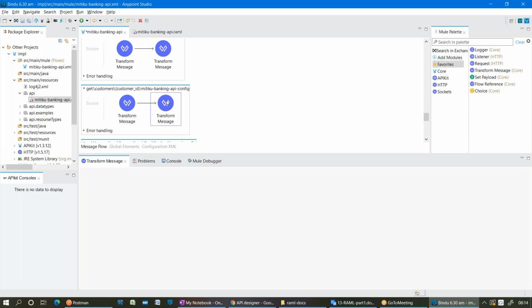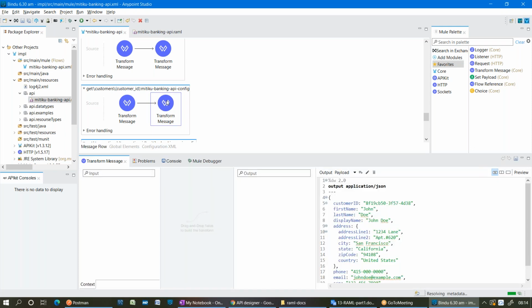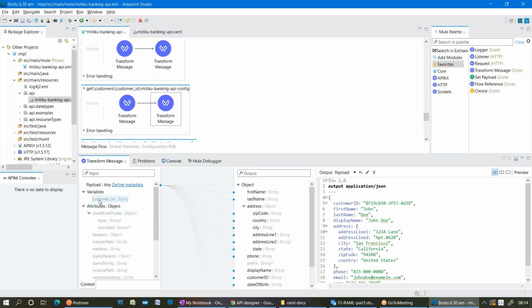In that event, I have a variable now, so that event will be sent to the next level. What is the input for this transformer right now? In the event, I have a variable called customer underscore ID. Based on that, it is going to fetch the details. Of course, right now it is showing the example data. If you write your original implementation, it is going to fetch that. You know how to write the implementation, right? How to connect with the database, how to get the data.